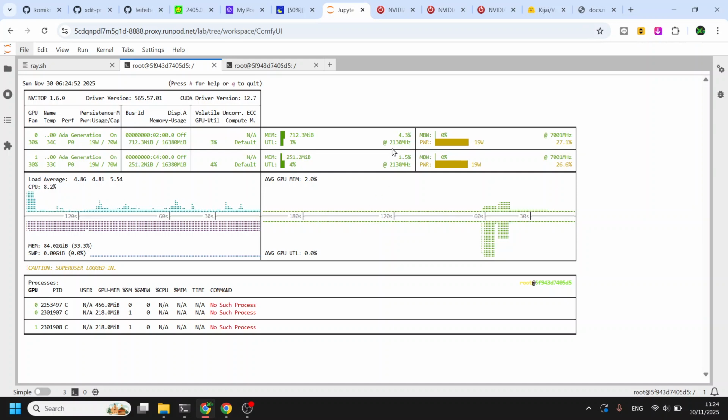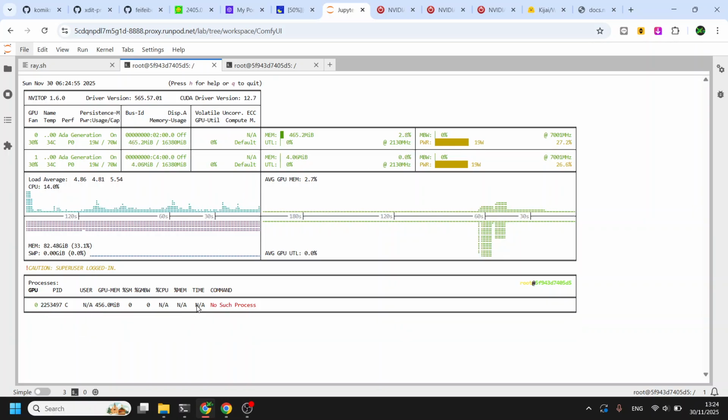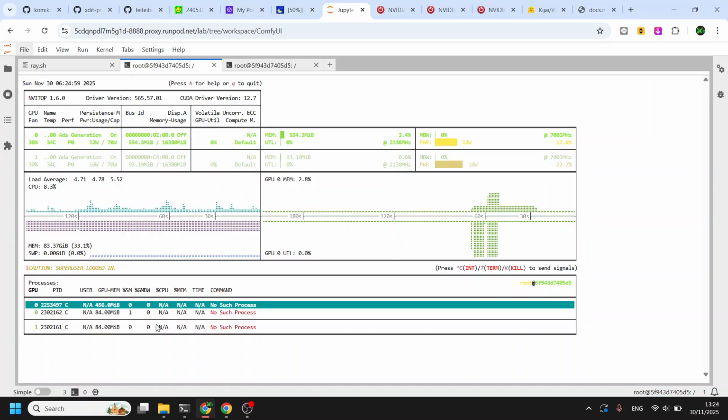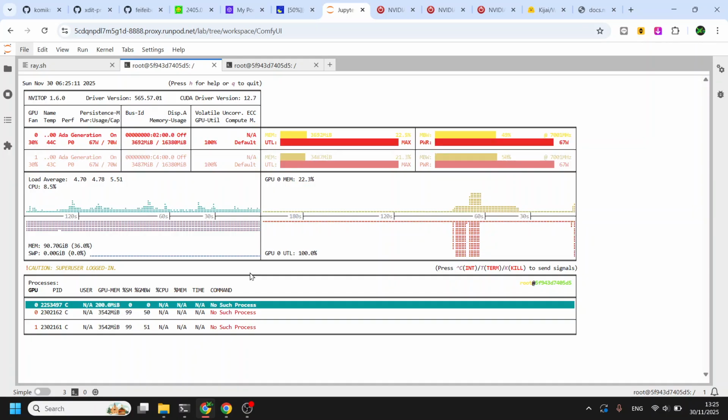If you are using nvtop, for this part, I don't know if this is a RunPod problem. I think this is a RunPod problem, since if you are using your own cluster or your own PC that has multiple GPUs, it will report what kind of active process is being used. In this case, it should be Ray custom sampler.